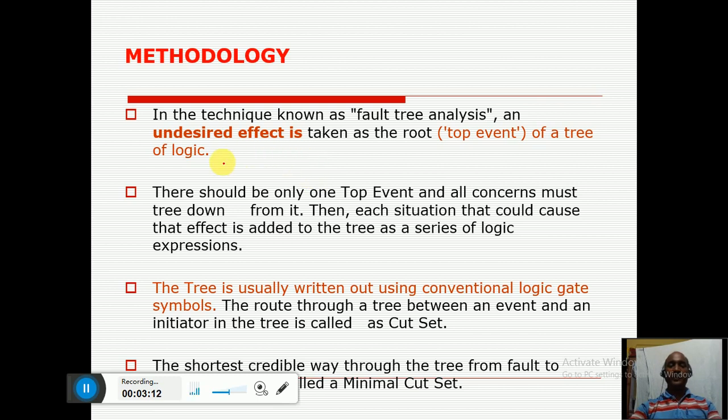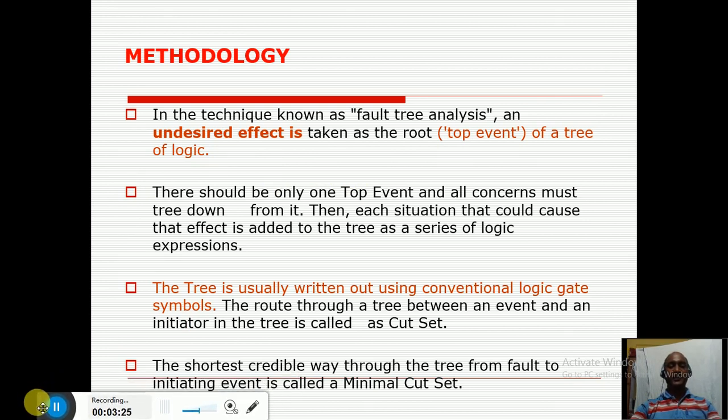First of all, we have to identify that, and then step by step we have to identify all the causes. We have to go up to the root. That is the root cause we have to identify in this particular system, and then we have to put all those failures in a systematic manner in a tree diagram. That's why the name is fault tree.